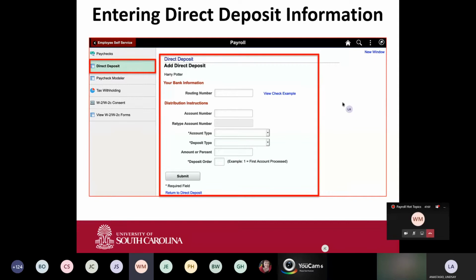Now, we have been working very hard on slimming down that list, so the list is not a large list. I would just say for new employees, or employees anticipating changing bank accounts, it's important that we stress this.